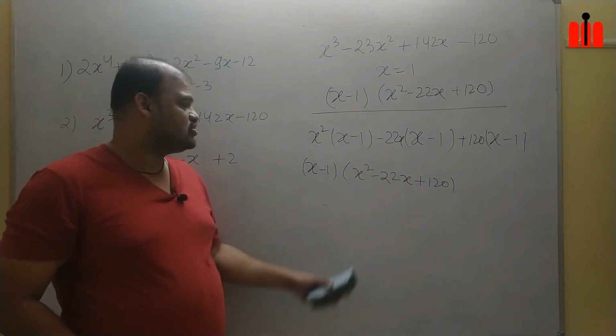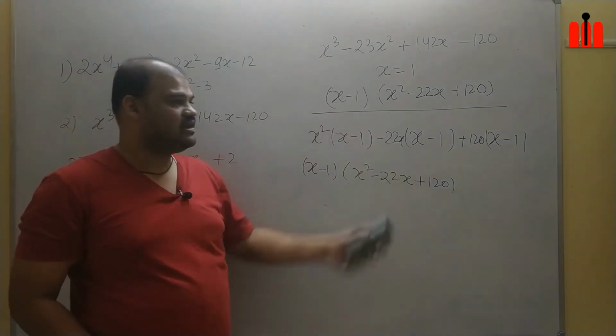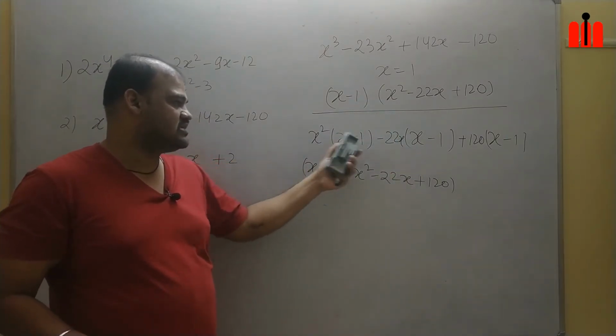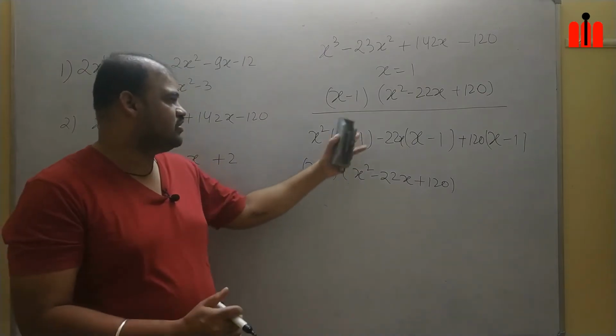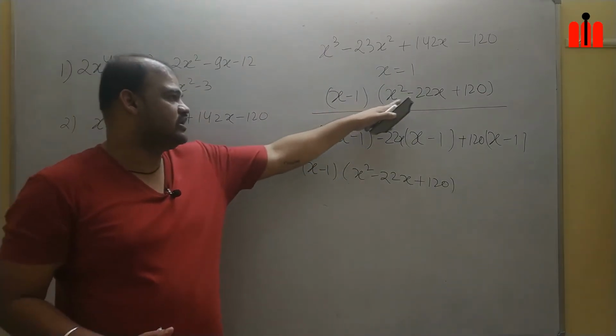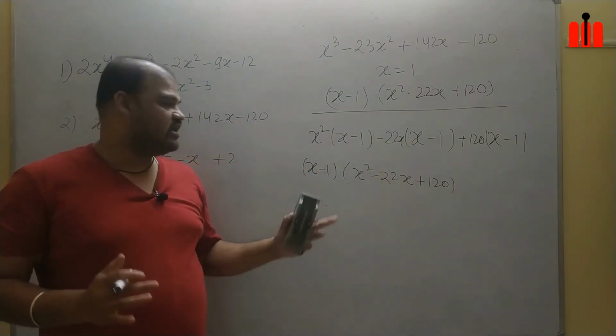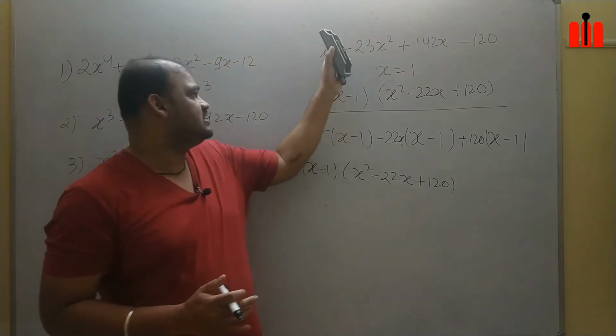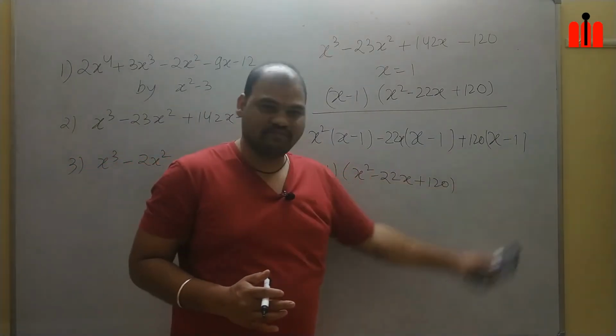Are you getting it? So this is what I had done earlier also, without writing these many steps as a visualization of this x square, and after that this minus 22x and all those things, we had done in a direct way. The other way is, you can write as it is cube here, you can take 3 times x minus 1.